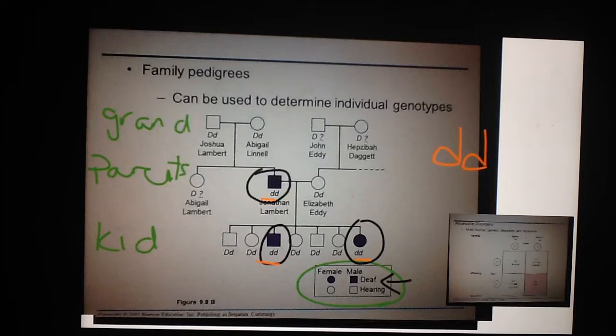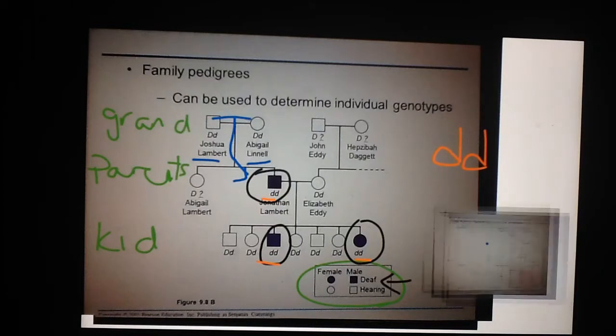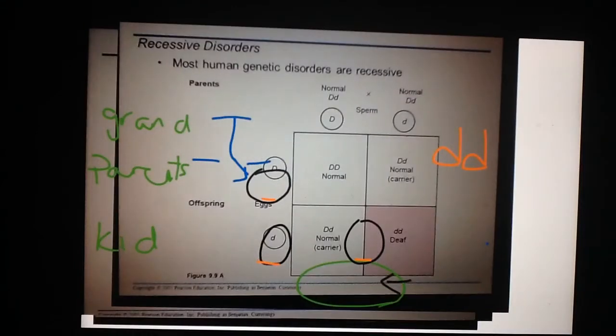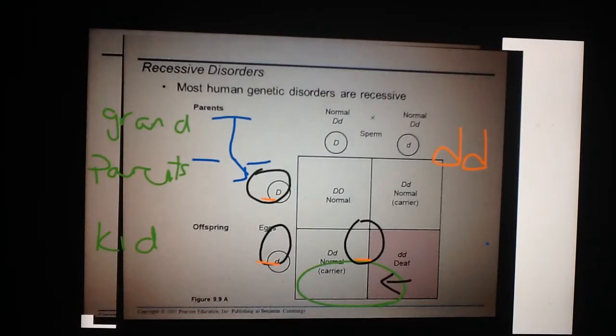Now, if we look up higher, let's start with Joshua Lambert and Abigail. What we notice about Josh and Abigail is both of them have normal hearing. Yet when they got together and made offspring, one of their offspring, Jonathan, turned out deaf. How did that happen? It turned out that both parents are what we call carriers. Now, if we look at this Punnett square that we could have done for them,